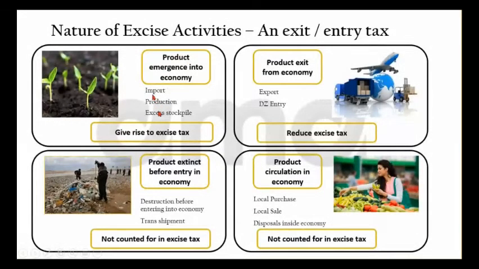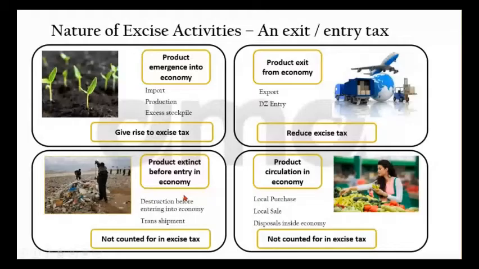For example, imports, production, or excess stockpile, these all are giving rise to the excisable products, and as a result, these give rise to the excise tax liability. On the contrary, there are products which are exiting the goods from the domestic economy, like exports and designated zone, where we are sending some goods from mainland to designated zone, so they will reduce the excise tax liability. And there are certain products, these two lower frames, these are the transactions which don't affect the